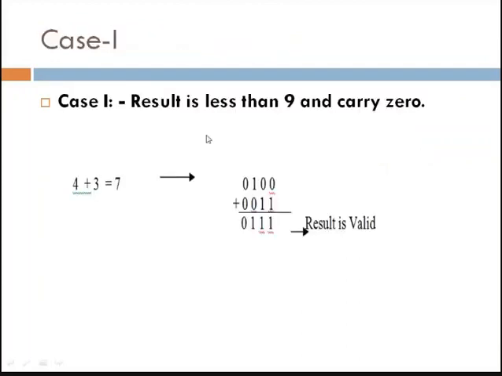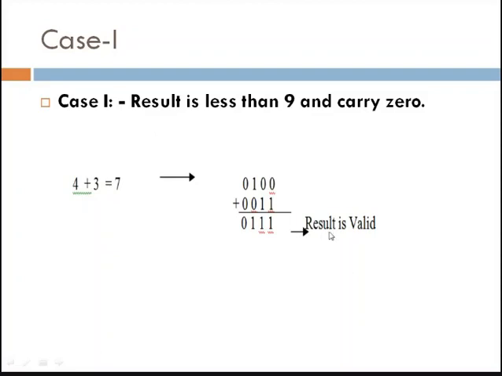Now the first case is this one, where the result is less than 9 and carry is 0. Suppose I am considering the addition of 4 plus 3, and your result is equal to 7. So the decimal 4 is between 0 to 9, 3 is also between 0 to 9, and the result you are getting is also between 0 to 9. So your result is less than 9, and there is no carry generated.